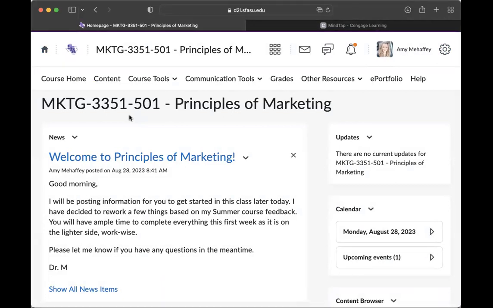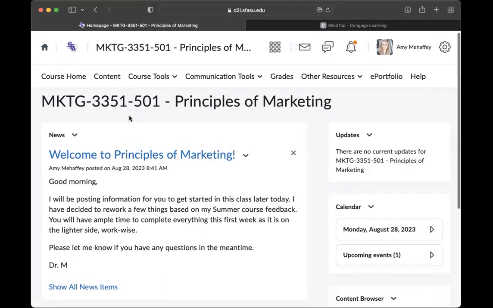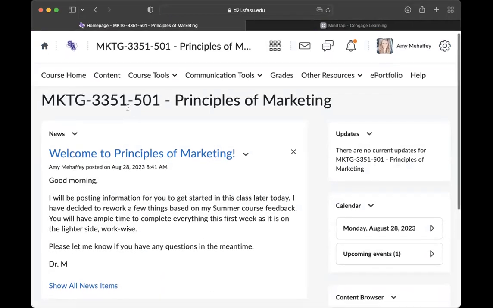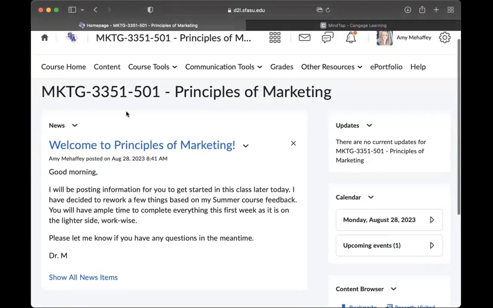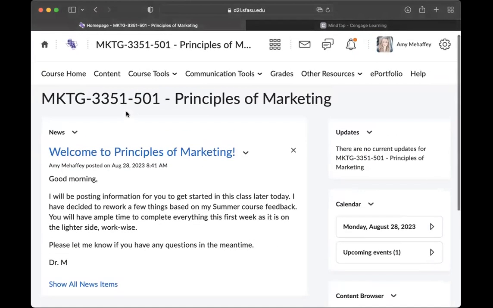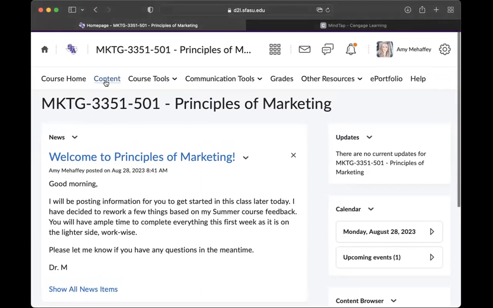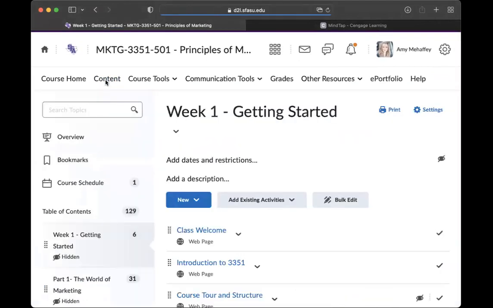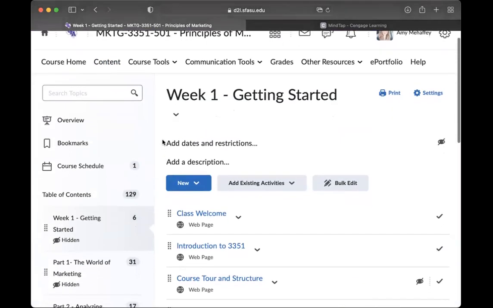This is a class that I've taught for a long time, but I wanted to make a couple changes. So we have improved a few things, and I'll walk you through all of that. But the one thing that I take a lot of pride in this class is that it's very organized and things are very easy to find. There are a few things that may give us some technological glitches, but we will talk about all of that.